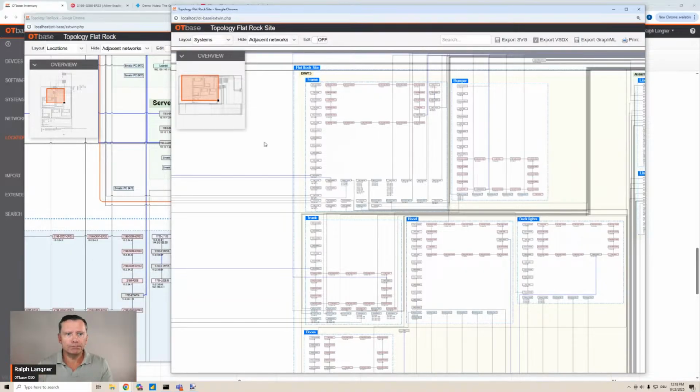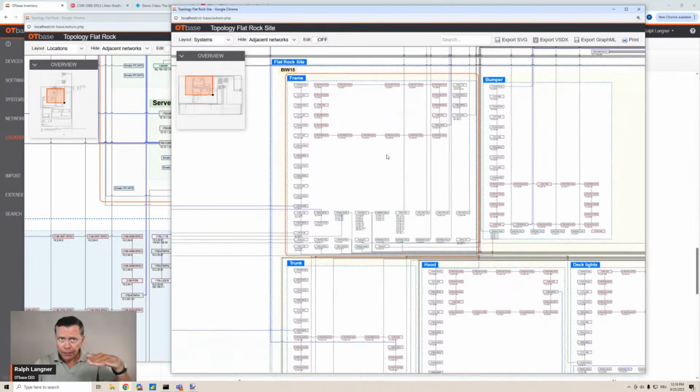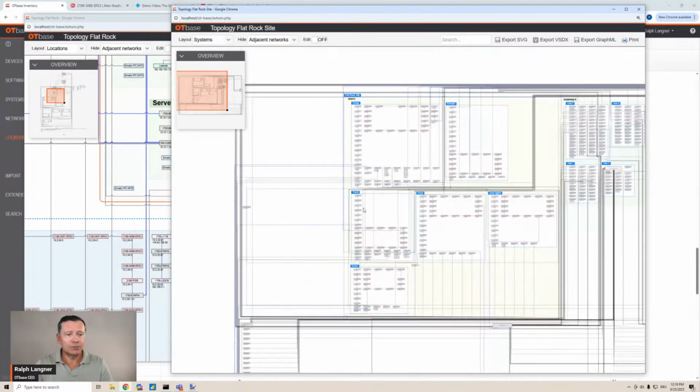And for that reason, the systems view in OT-Base is different from the locations view. And what I want to show you here is that you can certainly also do an overlay of that functional metadata level